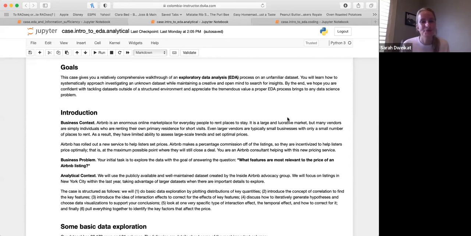very long break. So this case is going to be focused on actually using Airbnb data. We're going to continue with our process of EDA, but our last case was an analytical case. It was more thinking about the data, things like that. This is going to be much more detailed in terms of the actual graphs that we would make. And we will, in the next part of the lecture, go into the actual code to make some of these visualizations. So this is going to be more detailed on the process of exploratory data analysis.